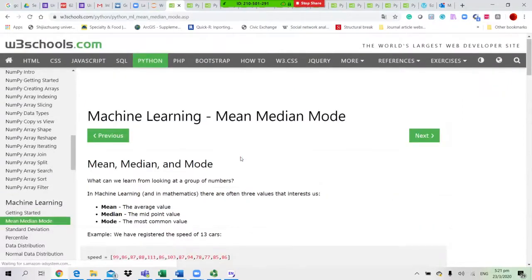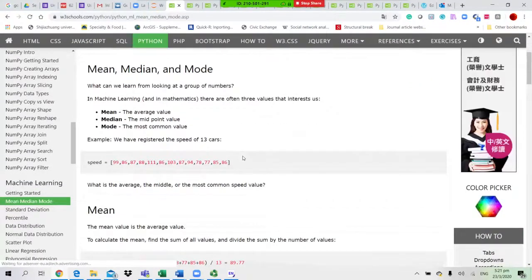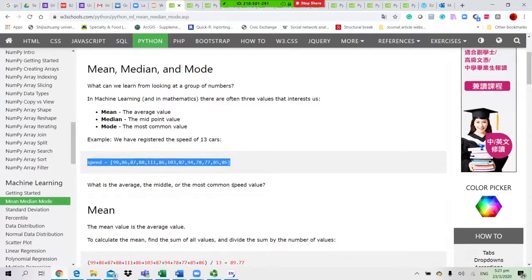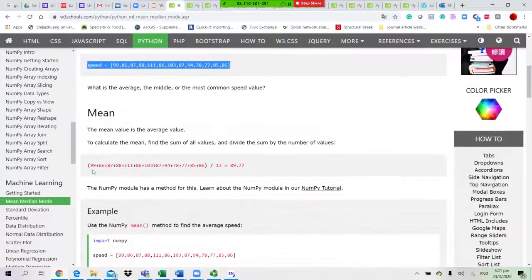So for machine learning, we start with the mean, mode, median. In terms of describing the data, we start with the mean, median, and mode. So we have 99, 68, 67, 88, 111, 66, 86. We have the speed of all the cars, and we want to calculate the mean. What we do in Excel is use a bracket 99 plus 68 plus whatsoever divided by 13